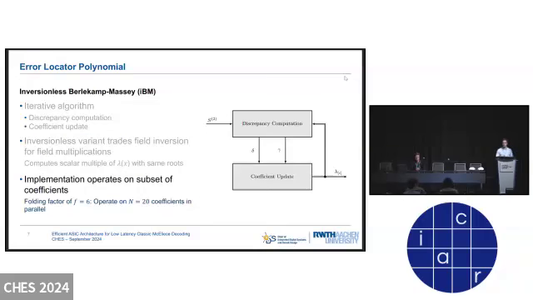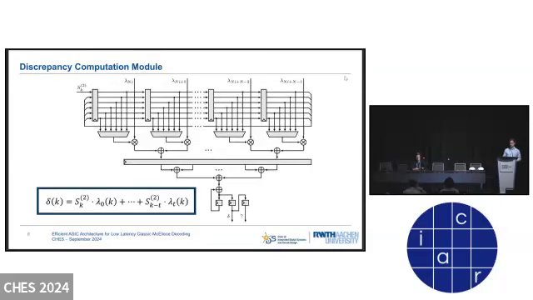Looking at our implementation, we implemented a module which implements the two subsets of each iteration, the discrepancy computation and the coefficient update, in two dedicated submodules. And it is a folded design, so we don't operate on all coefficients of the error locator polynomial in parallel, but rather we use a folding factor of 6, which means that we operate on blocks of 20 coefficients in parallel. Looking at these submodules in greater detail, our discrepancy computation module utilizes this shift register structure shown